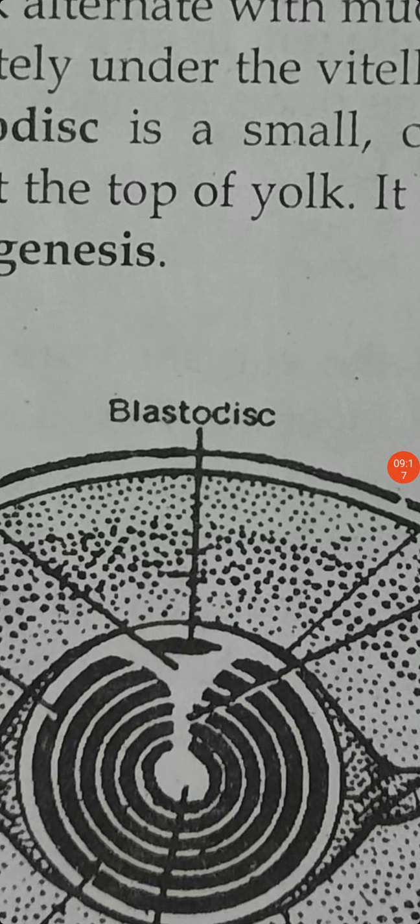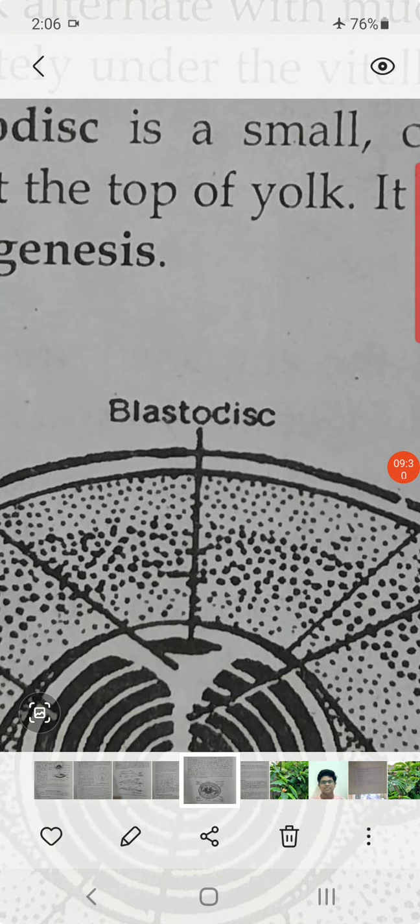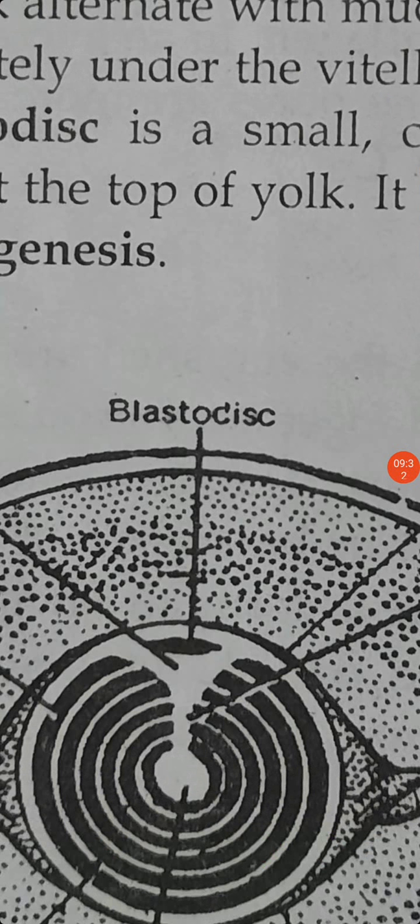So both the gametes unite here, and the blastodisc, that is a living zygote, is there. Now what happened? The next development starts. You people very well know, after fertilization what happened? Cleavage is there. Cleavage means continuous division of that cell into 2, 4, 16, 32, 64, like that. It divides, and many cells are formed.